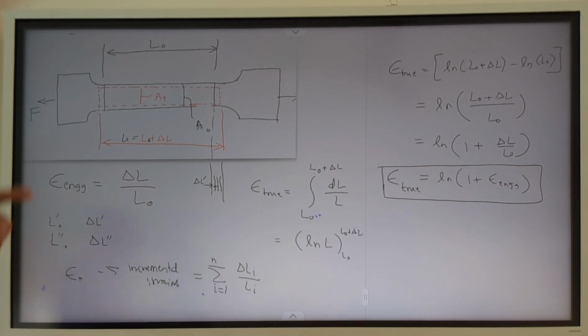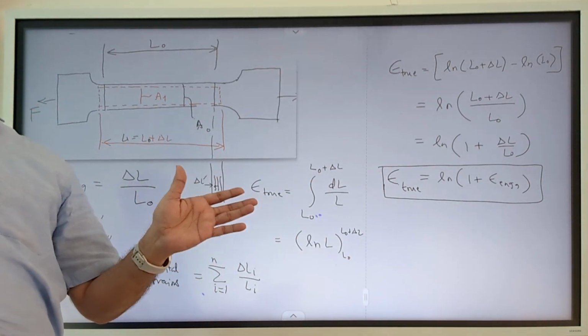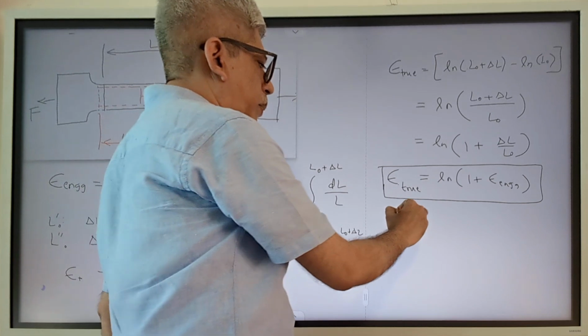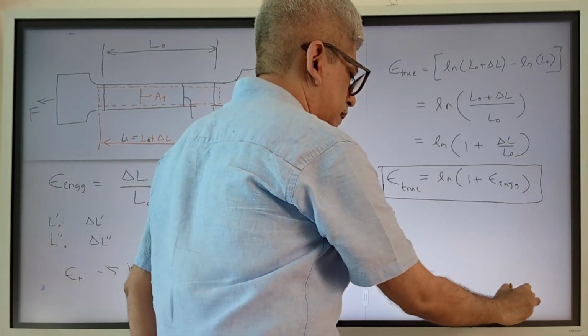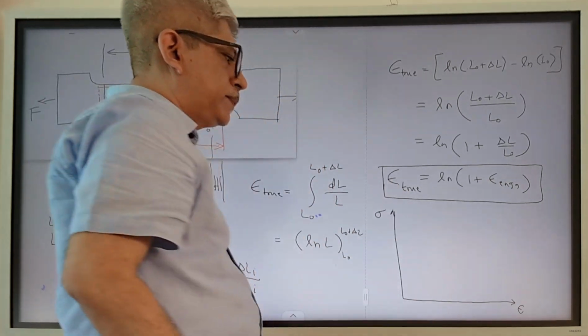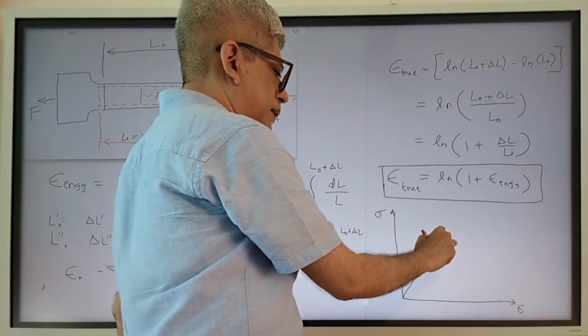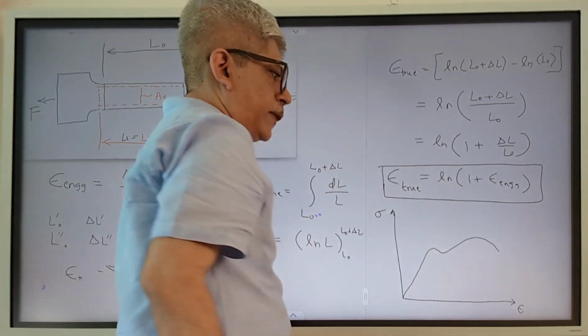So now using these conditions, we can calculate the true stress as well as true strain if you know engineering stress and engineering strain using the expressions that we have got. Now for the comparison between engineering stress and engineering strain, if I plot here on x-axis strain and on y-axis stress, the regular engineering stress strain curve, we know that it is of this type.